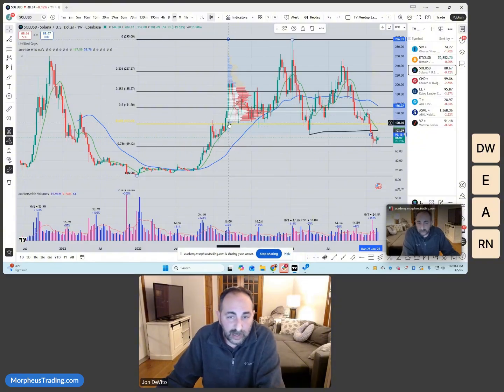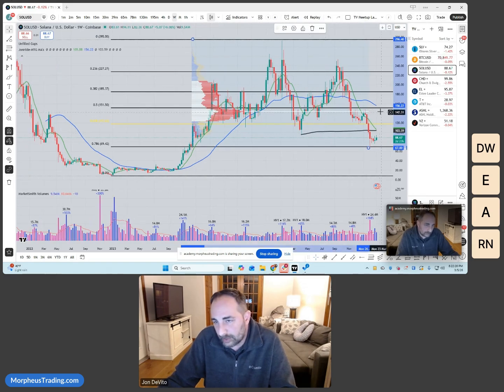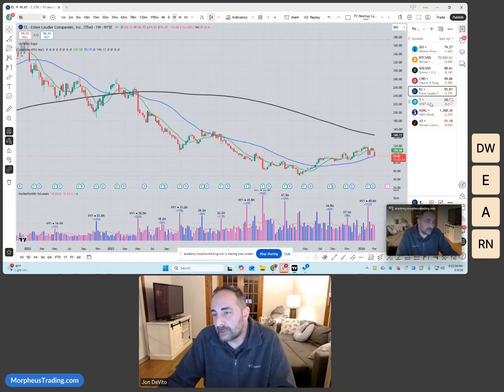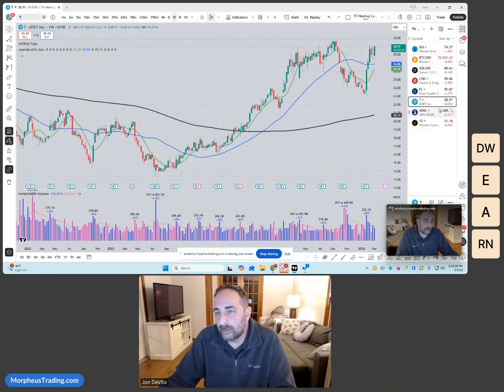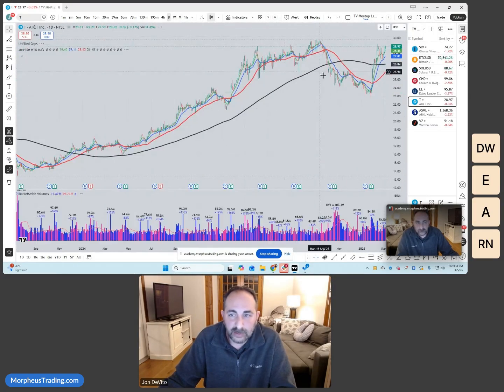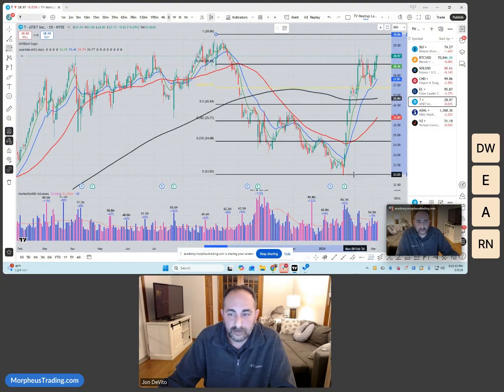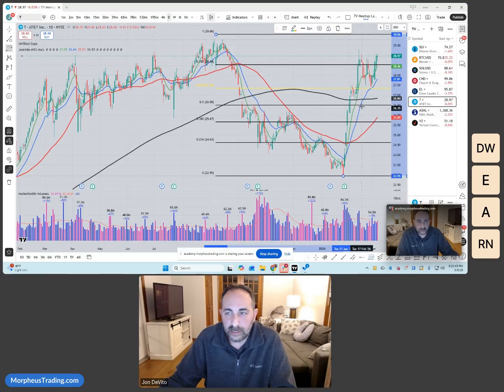So you can pull it from anywhere. I just chose this spot because it made sense to me, but going back a little further, it looks exactly the same, but look where all the candles are. So with Fibonacci, it's just a matter of finding where you want to pull the fib from. So sometimes you'll pull it from different areas just to make it make sense. So if you pull it from here to here,